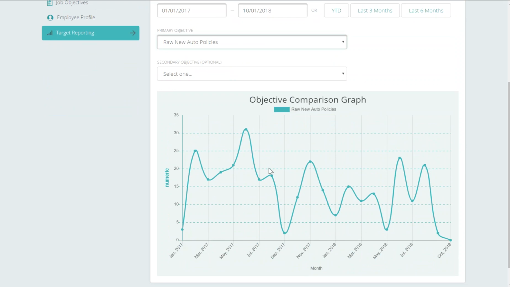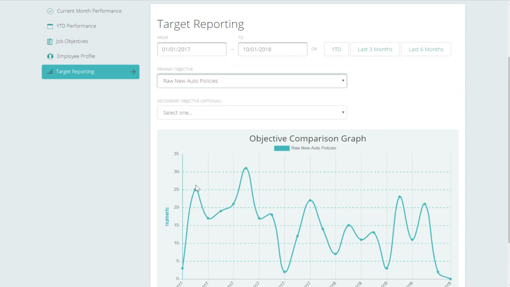I'm like, okay, so this is what her raw new auto production has looked like over the course of, oh man, this is probably about 18 to 20 months. And now what it's saying is, hey, pick a secondary objective. And you want this objective to be somehow related, you're going to want to see a relationship. And so picking something that's completely unrelated to raw new auto production or raw new auto policies won't